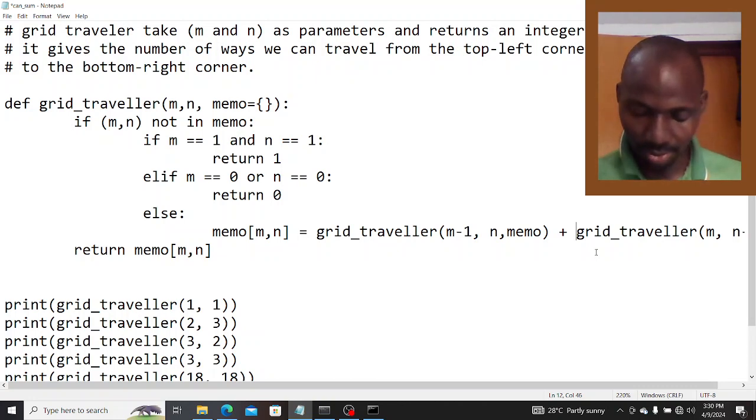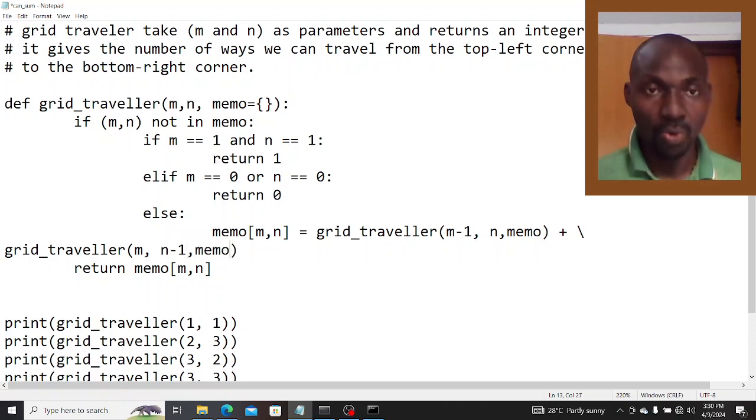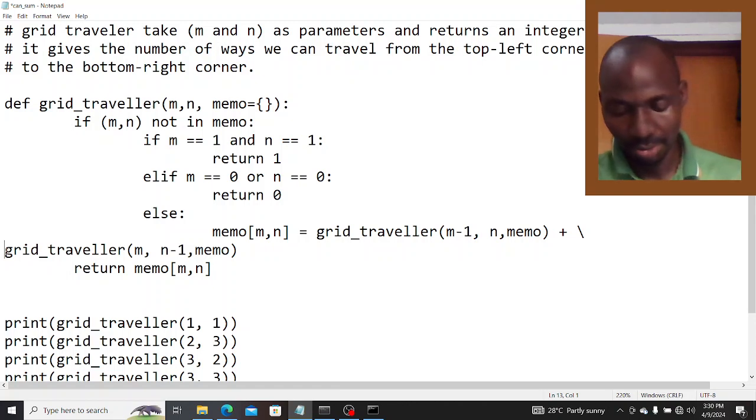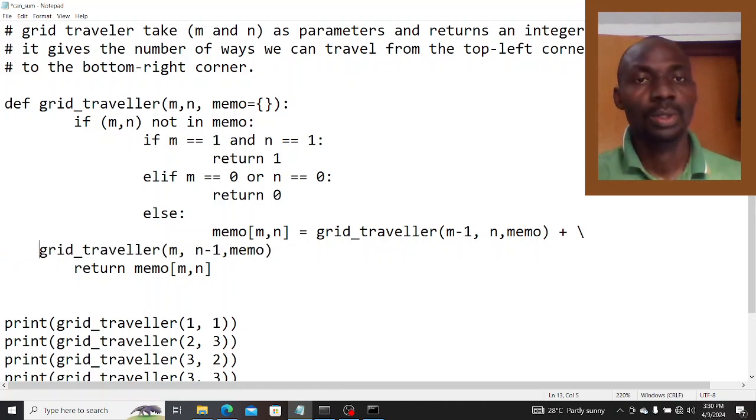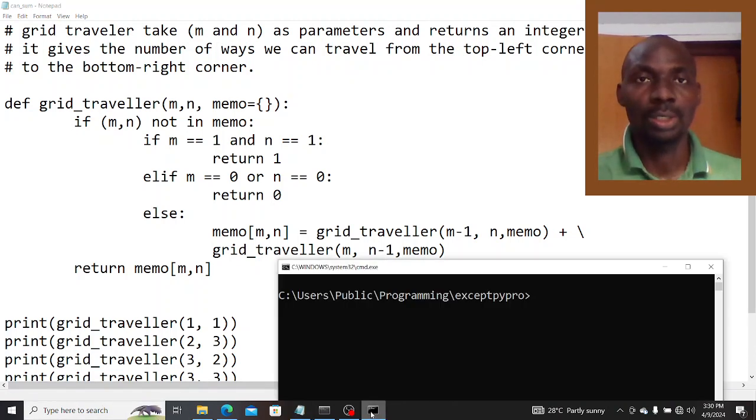Everything is clear. Everything is fine. Let me move this. Good. Everything is fine. Let's save this and let's try running it out in the command line